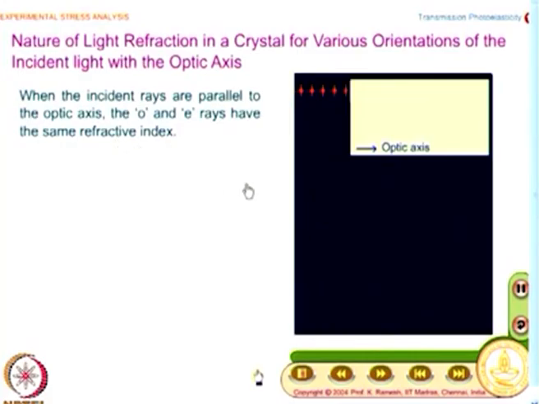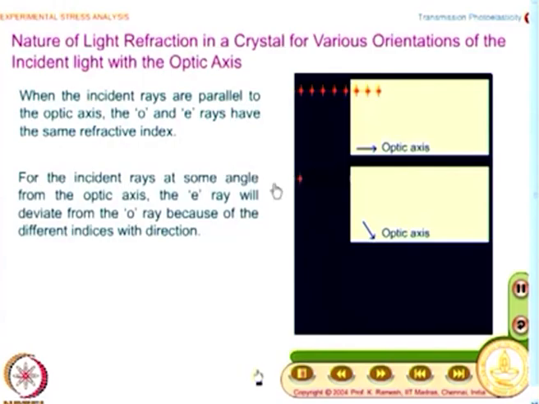Now, we look at another case. We will have this axis impinging at a different direction. For convenience, I have shown that I have cut the crystal in a manner that the optic axis is at an arbitrary position like this. And what I have here, I have an incident ray and I have two refracted beams, and the animation is also very carefully shown. What does this show? One ray travels faster than the other,